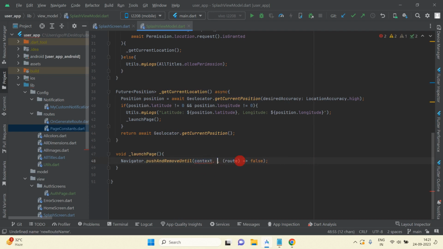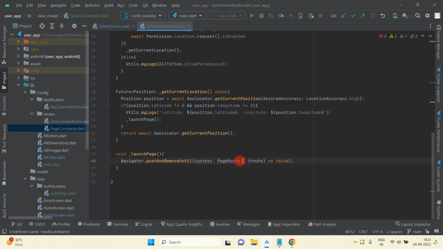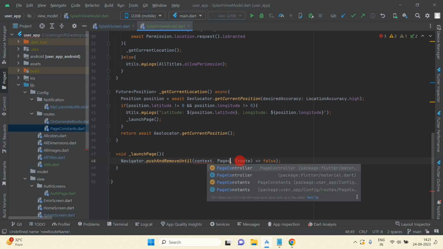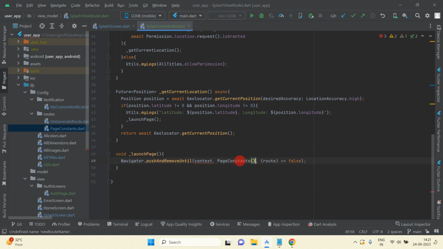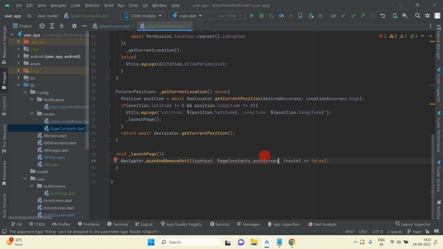Okay, so now I'm going to write PageRoute dot PageConstants dot authScreen. Okay,